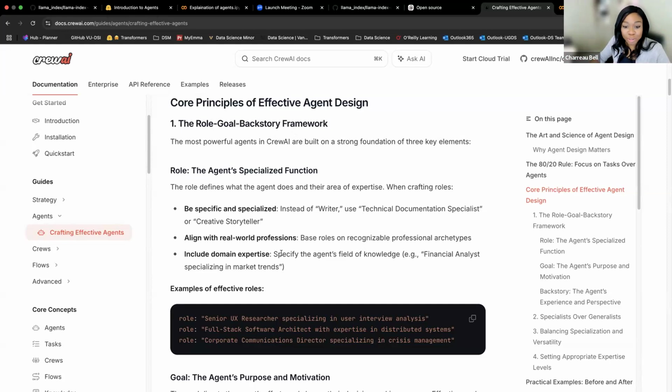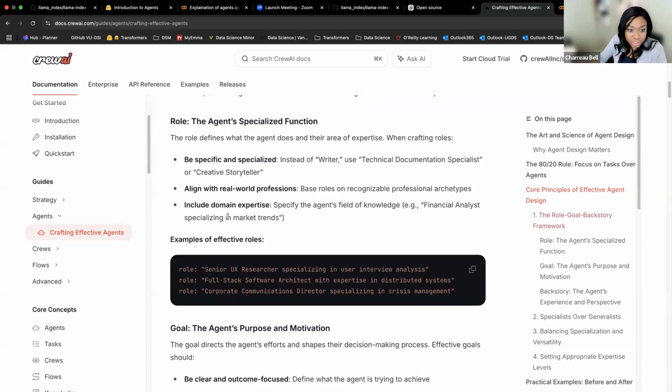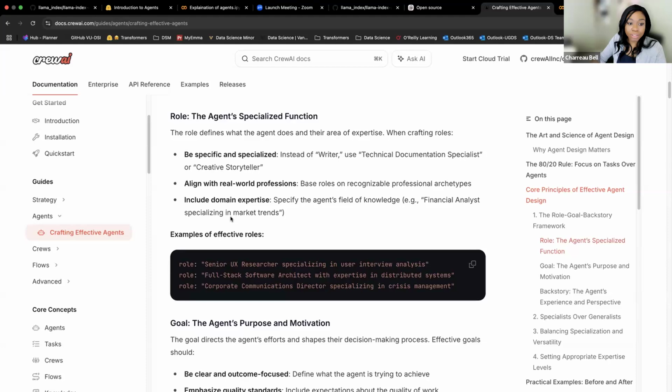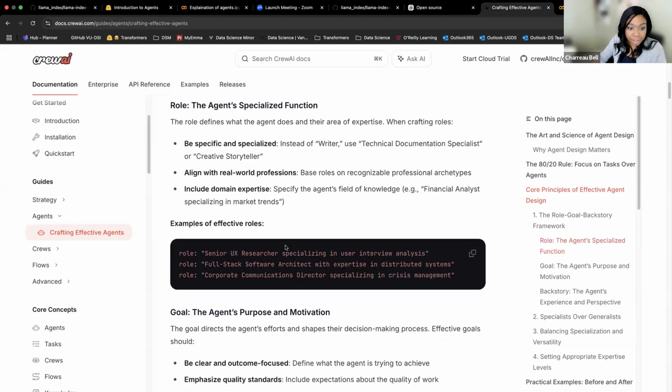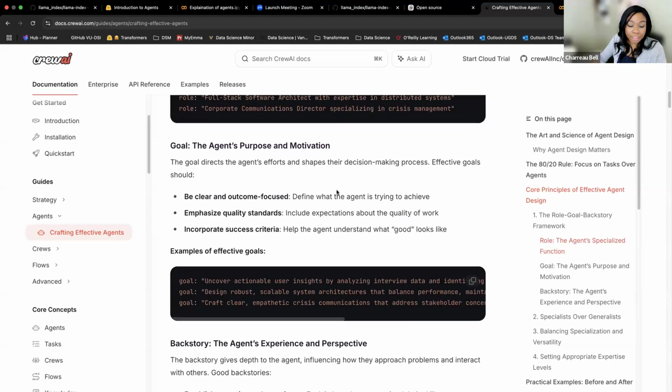Because these LLMs are trained on something, and that something is things that we're used to seeing, use the things that we're used to seeing as well when you want to define their roles, and also include some more information about what they're really good at. I love the description of the purpose and motivation. This is a lot in the system prompt or in prompt engineering.